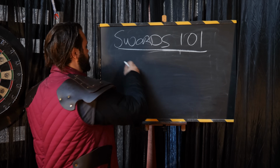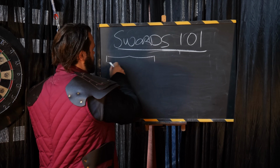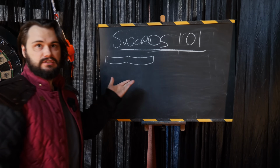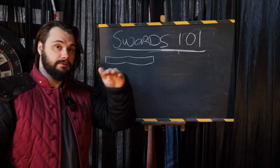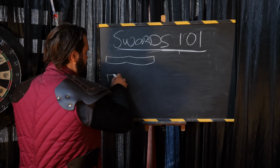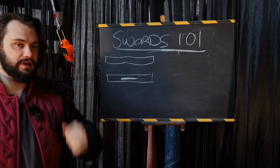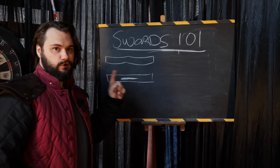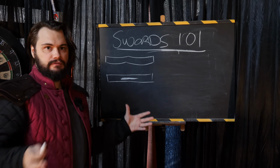We see it all the time in movies and TV shows. If we just do a simple crossguard design like you might see in some sort of game, that's what it looks like, just like that. And then if we look at it at a different angle with the blade facing towards us, let's just say it's something like this with the blade here looking straight down. This is not how crossguards are designed. Now, obviously there are lots of different designs of crossguards, of course, but if we keep with this sort of design,